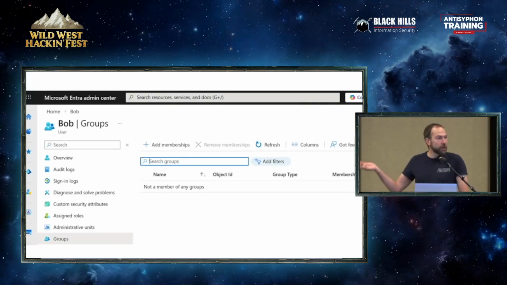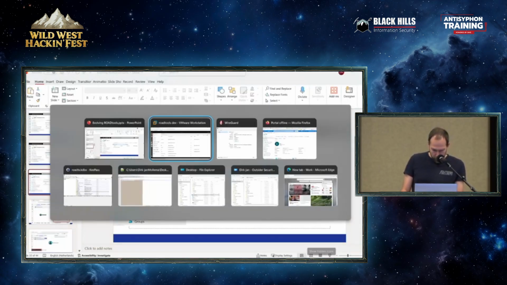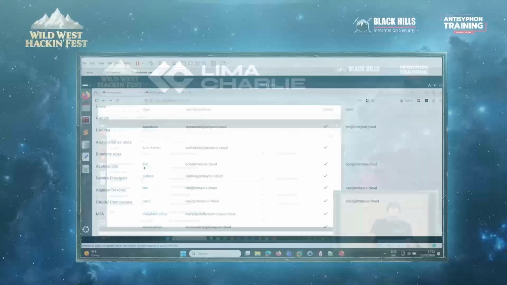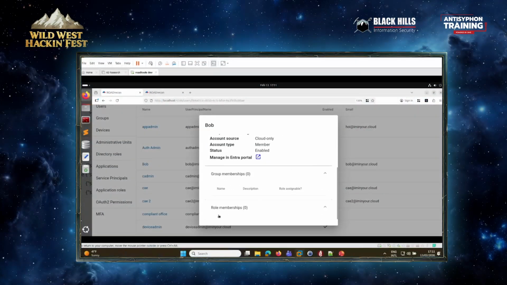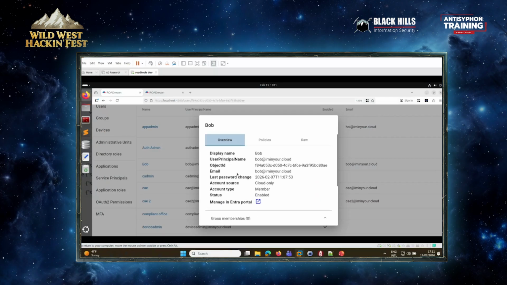So it's really basic, and you would say that Bob doesn't have any rights whatsoever. I can click on any of the buttons in the portal, and it's going to show you nothing, no rights, no permissions. Bob does have permissions, but it's not that easy to see. If we look at Recon, then also we're not going to see any rights of Bob. Bob, again, isn't a member of any groups, doesn't have any roles assigned. Bob is not the owner of any objects. If so, there would be a tab here that showed owned objects. It's not there. So at first glance, Bob appears to be completely harmless.